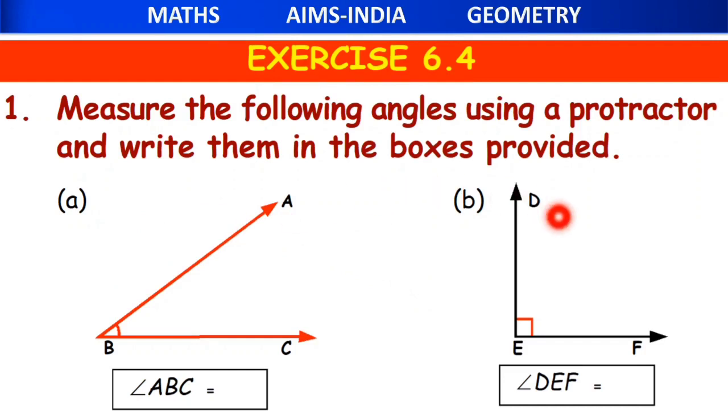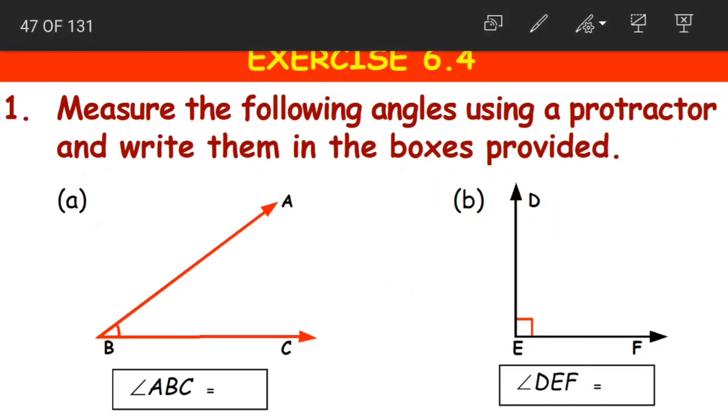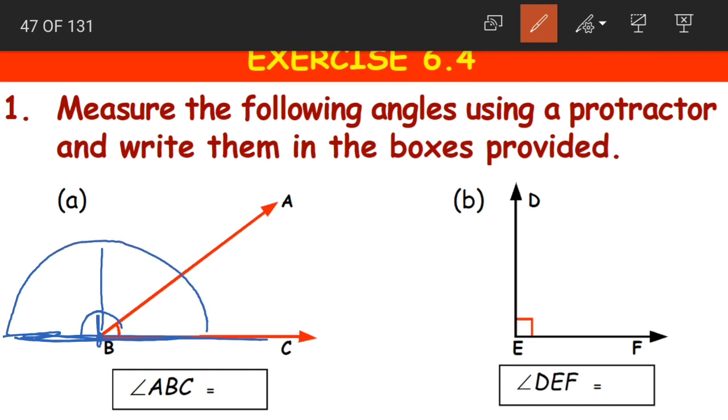Children, so here are a few more exercise problems. Again let us revise what the steps are. First step is, let us take another color. Place your protractor like this so that it aligns with the base arm. Yes, and what is the other point that you should keep in mind? The center point, that is the 90 degree line, is the same as the vertex here. Yes, it is the same as the vertex.